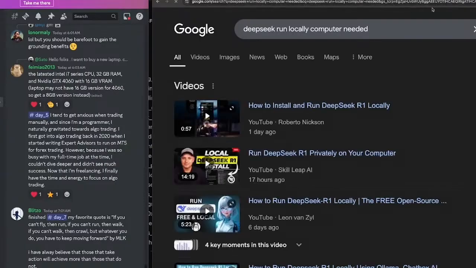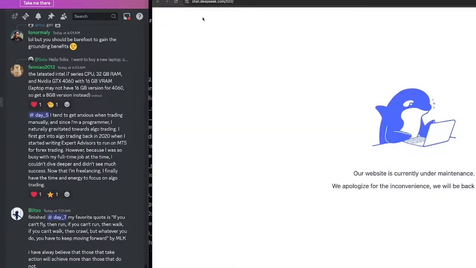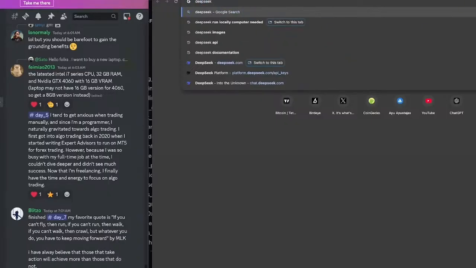So right now, it's super cheap. So I'm running it through the cloud, but as you can see here, I'm not able to get to the cloud anymore. Hopefully it's really just down. If it is down, that's awesome. We're going to keep it pushing. If it's not down, let's go to DeepSeek,